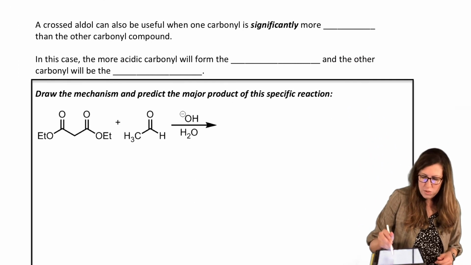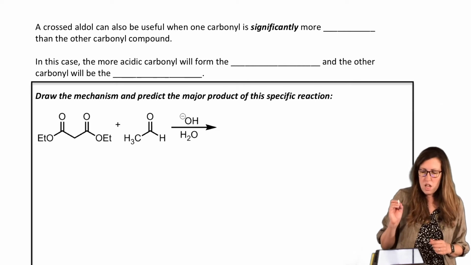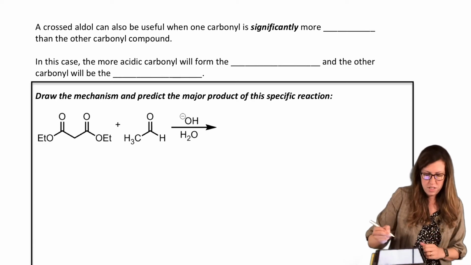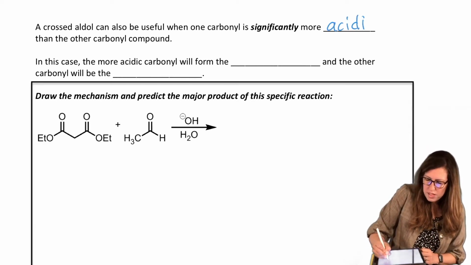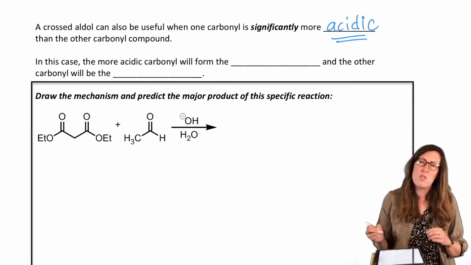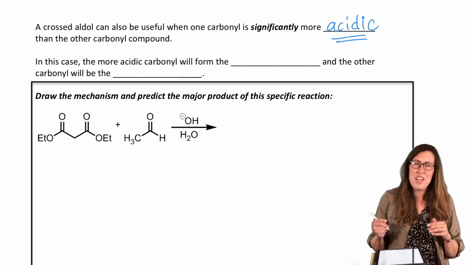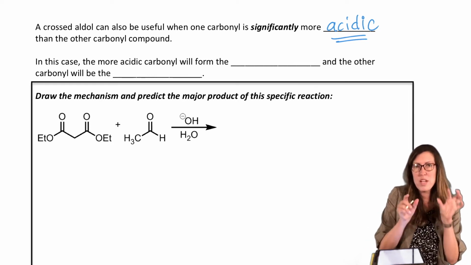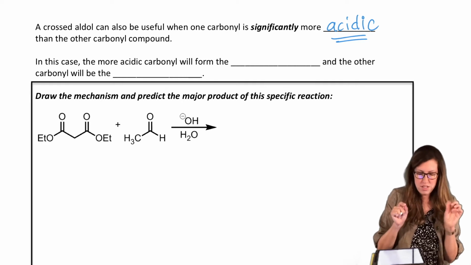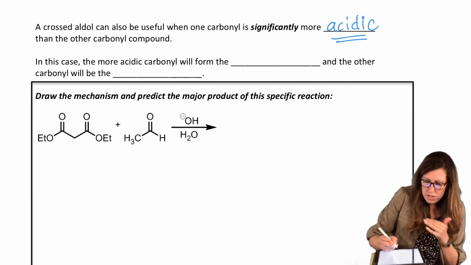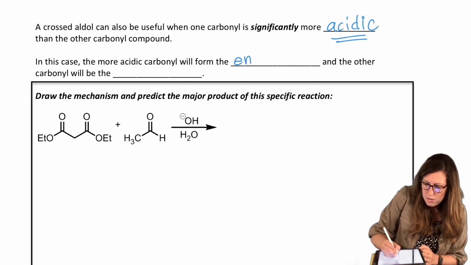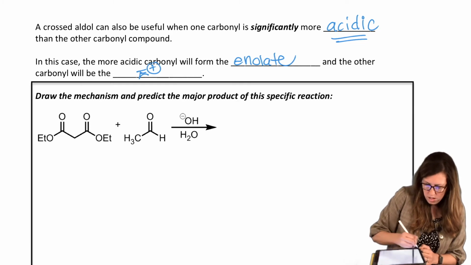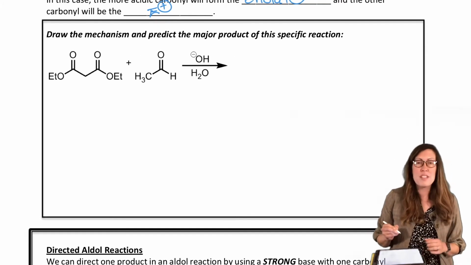Another smart plan is if you have designed in the molecule you're working with one of the carbonyl containing compounds has a significantly more acidic hydrogen than the other. This is actually exploited a lot. So you use your foundation to say, if I throw 1 equivalent of base to these 2 starting materials, which one alpha H is going to come off first? That's the idea. So in other words, let's flesh that out. In this case, the more acidic carbonyl forms the enolate, of course, and the other carbonyl gets to be the electrophile.